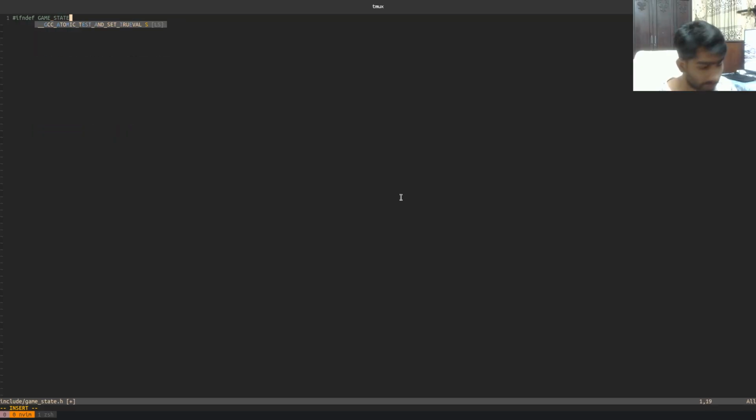Name it game state.h. Then define game state, and it's going to inherit states. Let me check the reference. I want to have a base state. Let's include state.h. So the state file should have, if I could type,